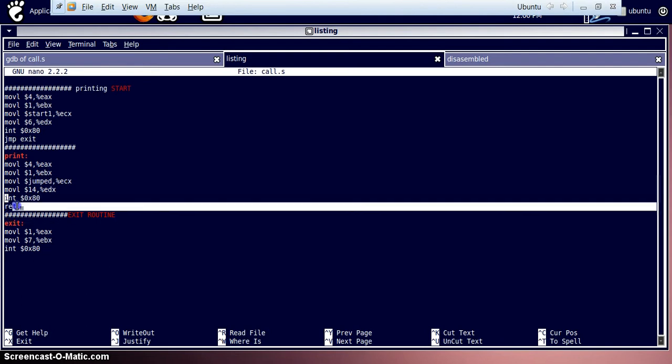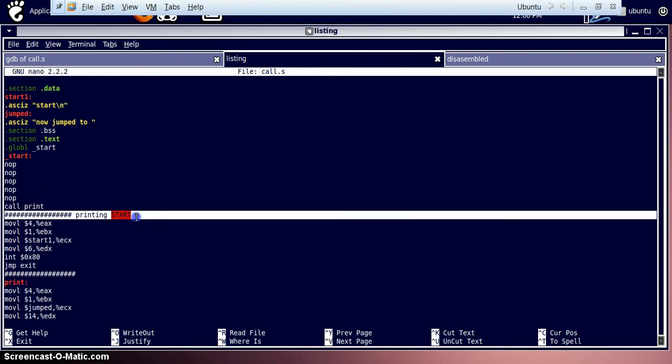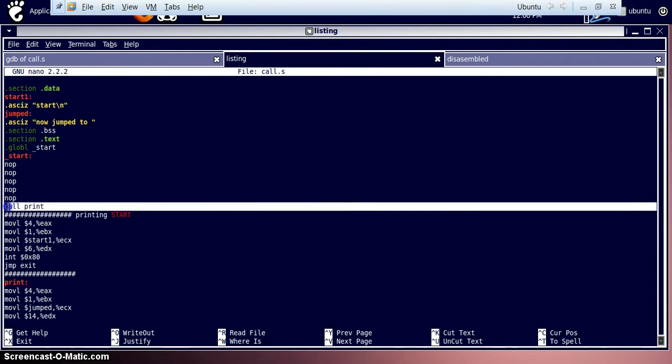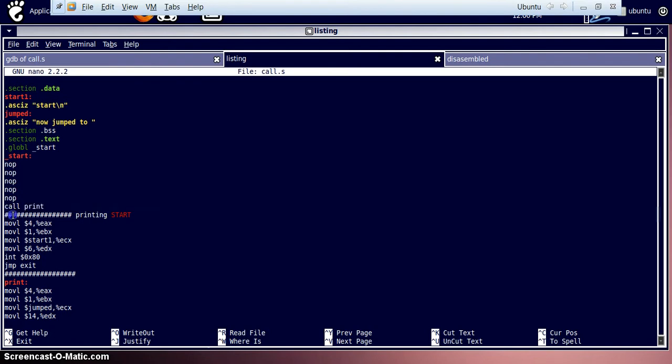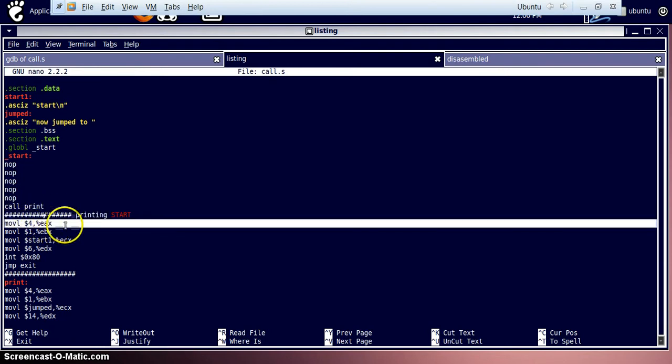Now the special thing, return with calls. What does return do? Return will basically return the function, return the execution flow to this instruction. Return just returns the control to the instruction just after the point from where it was called. It was called from here, and return starts execution from the next instruction after this point. So basically it is just a comment, and so it will start the execution from here.